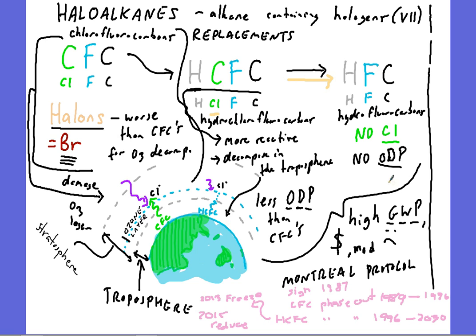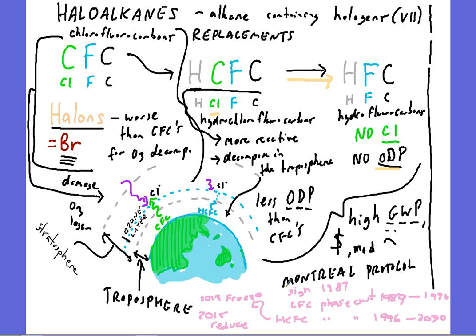They have no chlorine and no ozone depletion potential. The only problem with HCFCs and HFCs is they've got a high global warming potential. They're more expensive to use sometimes than CFCs and require modifications of equipment. But they don't damage the ozone layer as much, or they don't damage the ozone layer at all in the